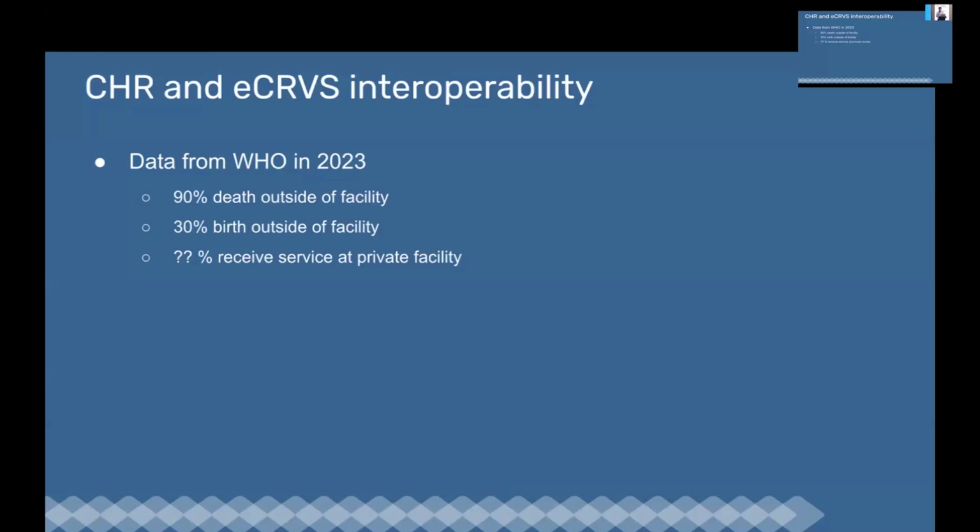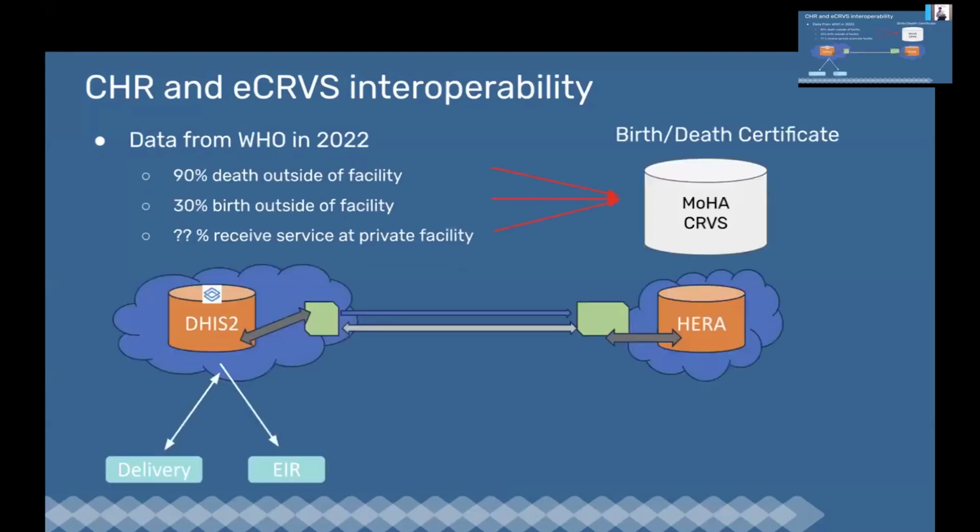to have the data. And there is a large percentage of people who have service... but through the linkage with CRVS, when you get service somewhere else, for example a private hospital or anywhere outside the country or outside the facility, at the end of the day they will be registered for death